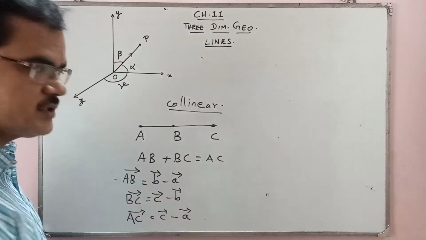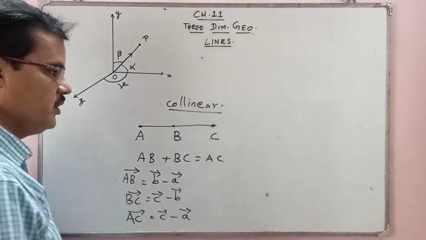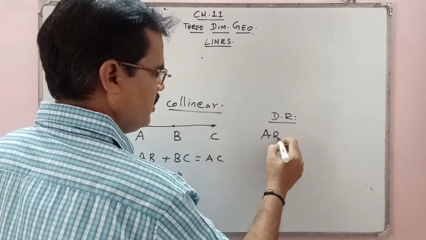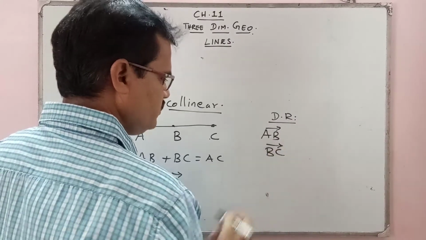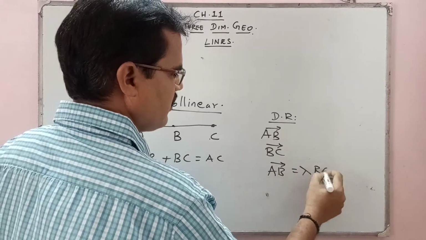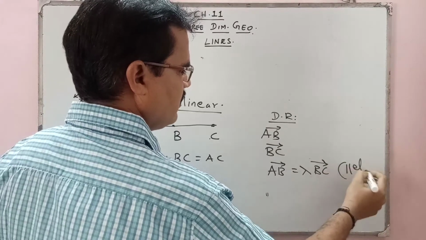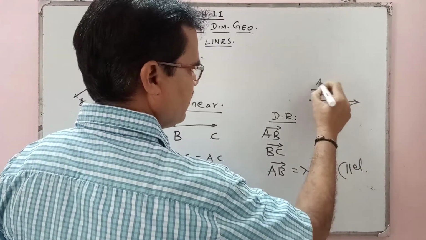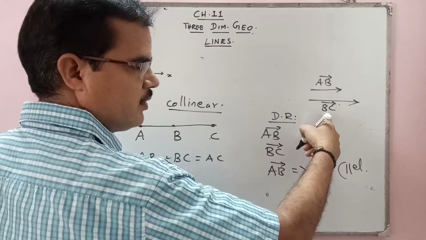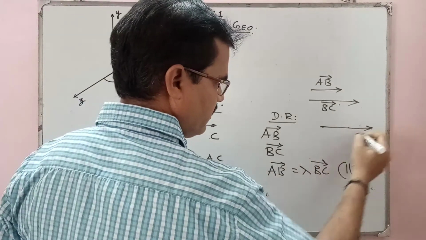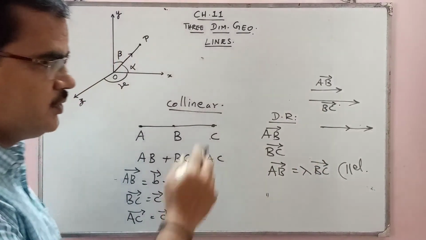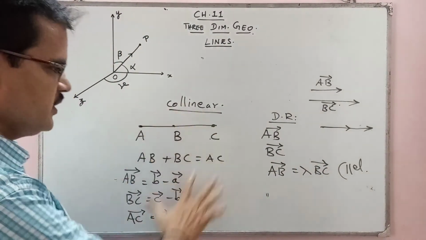Or you can go with the direction ratios also. If you are using direction ratios to prove collinear, if you find the AB vector and BC vector, you will find that the AB vector will be lambda times the BC vector. Then you can say they are parallel, which means AB is parallel to BC. The magnitude may be different. They are parallel, and you can also see B is common, which means A, B, C are collinear. These two vectors are not different, they lie one over the other. So this is an idea when you use direction ratios, but I am going to solve all the questions using this basic formula.